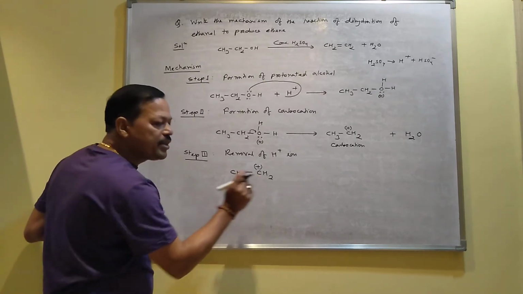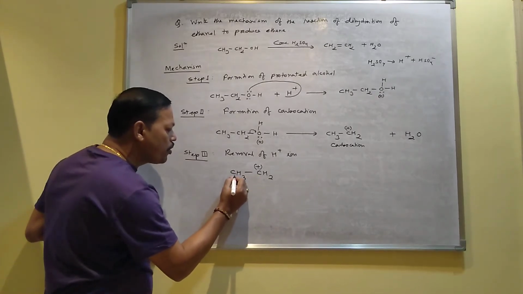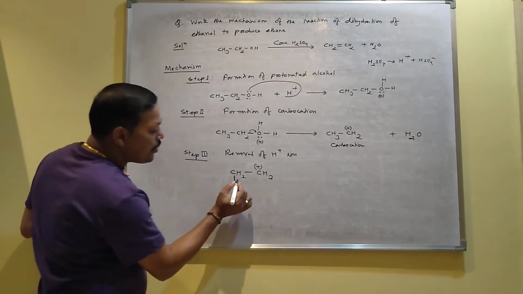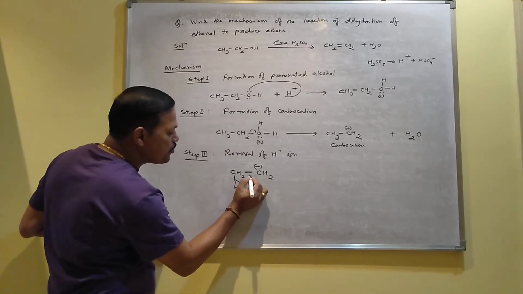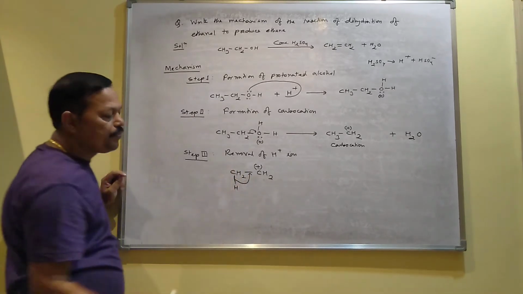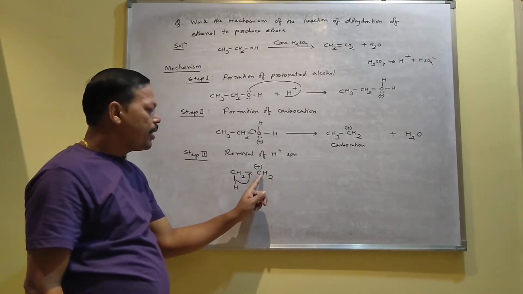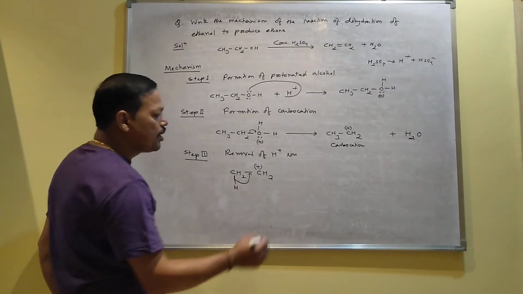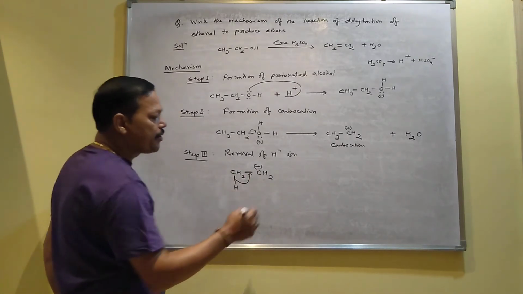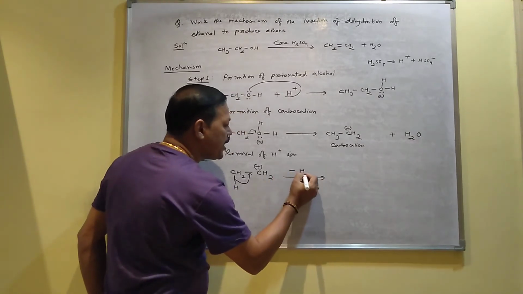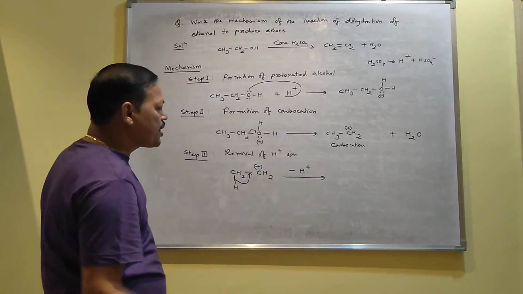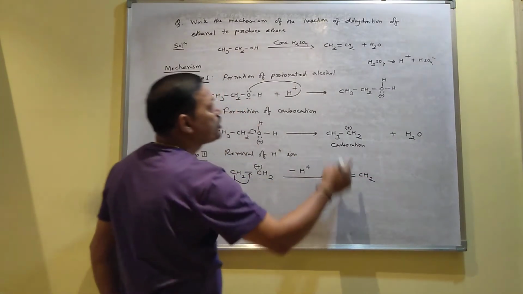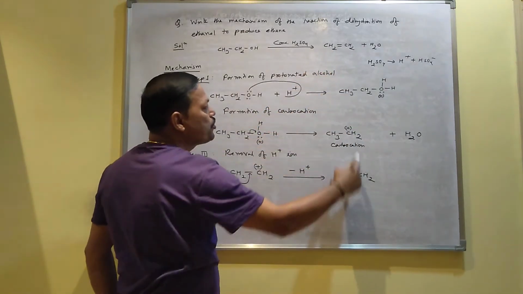So to make it neutral, one carbon-hydrogen bond, one hydrogen you can break like this. Then one carbon-hydrogen bond will shift from this position to this position and it becomes a double bond. When it becomes a double bond, this carbon's valency will be satisfied and both carbons will contain 4 bonds, and this hydrogen is released as an H plus ion. So it releases one H plus ion, minus H plus, and the remaining part is CH2 double bond CH2, which is your alkene, and this ethene is produced this way.